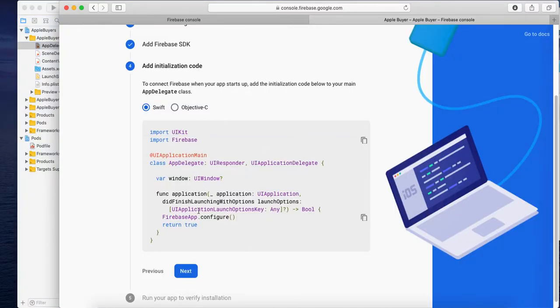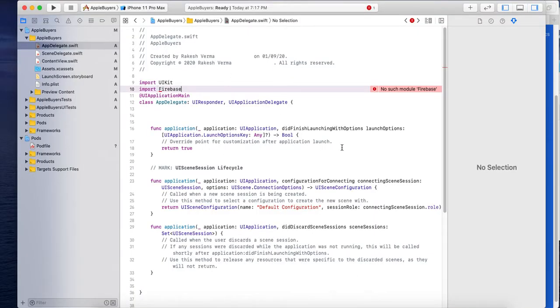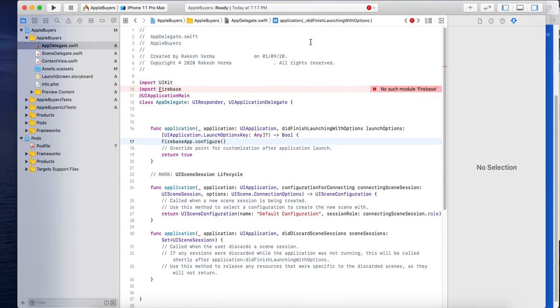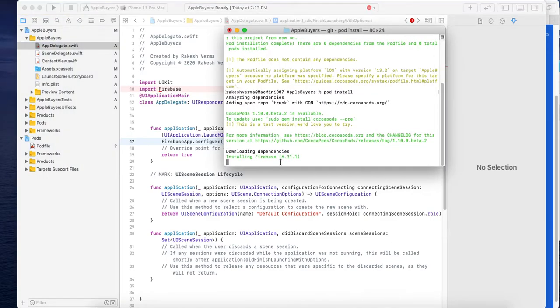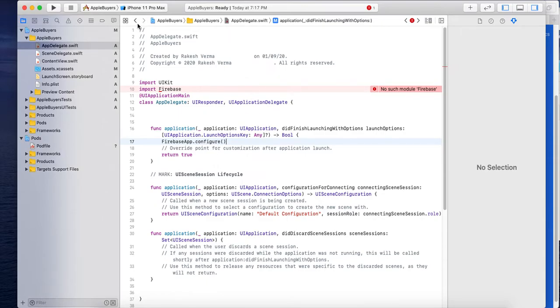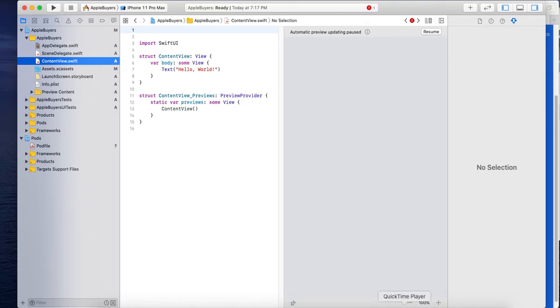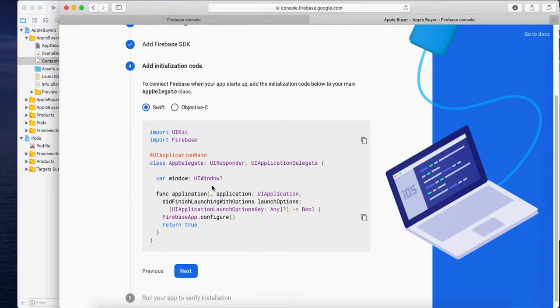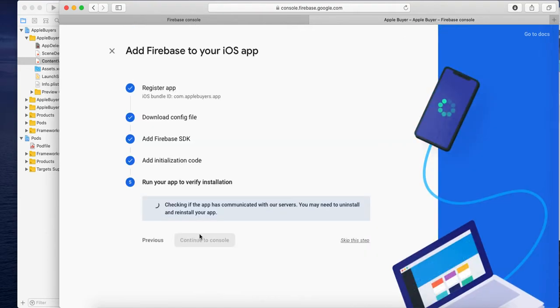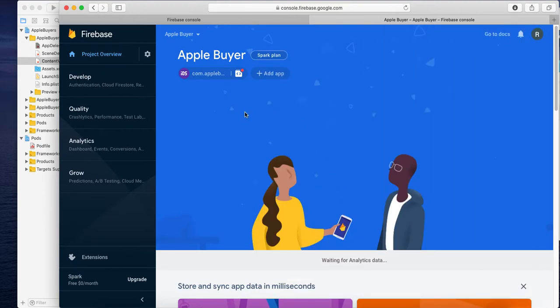For now it will show some error because the pod is not installed yet. As soon as the pod is installed, it will not show any error. So let's start. Next, we have to copy this one and this one. Then we have to skip this one, and now we have set up the project.